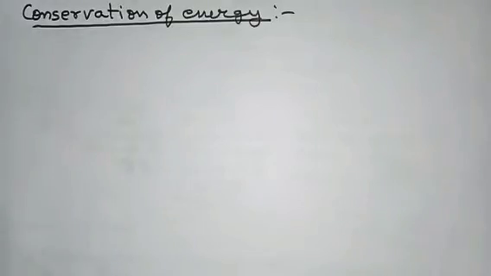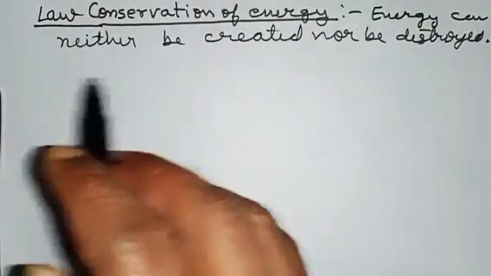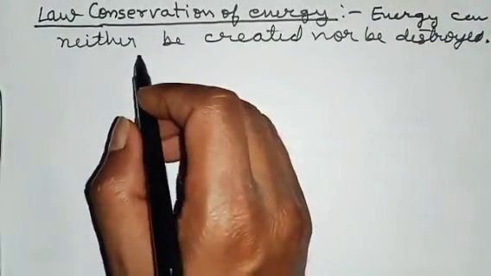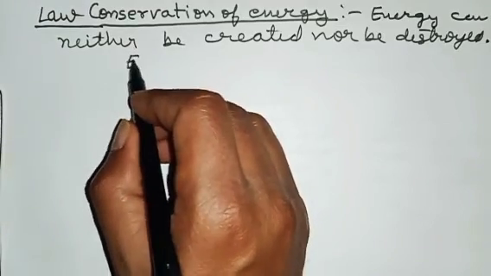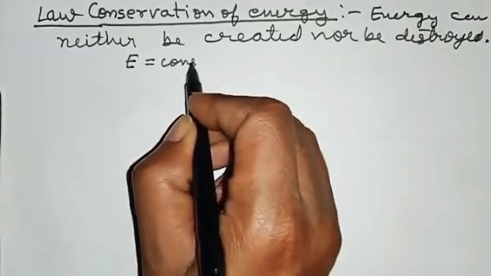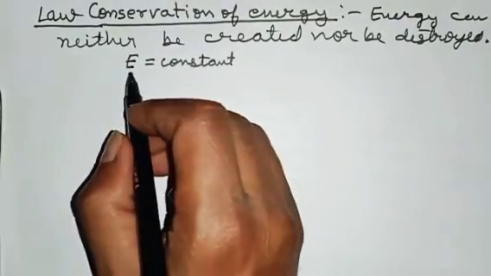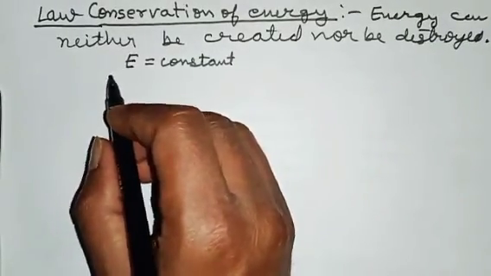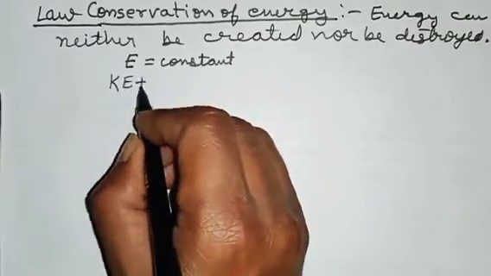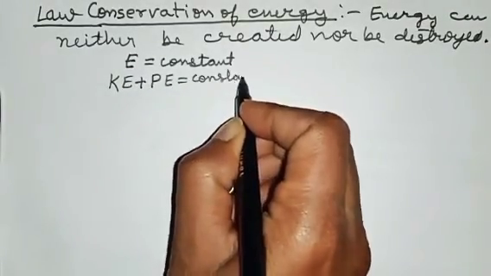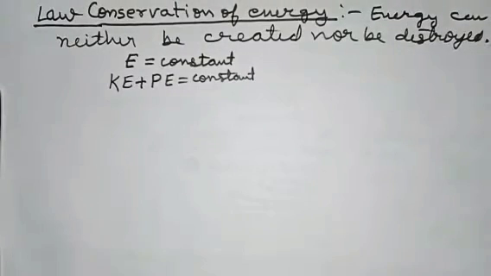So here, the law of conservation of energy: energy can neither be created nor be destroyed. We know about it. So for a mechanical system, the mechanical energy is constant, means it is fixed. Its value will not change. And we know that total energy consists of kinetic energy plus potential energy. If we talk about mechanical energy, it has a certain verification, but I'm not covering it in this video. I will make a separate video on that.